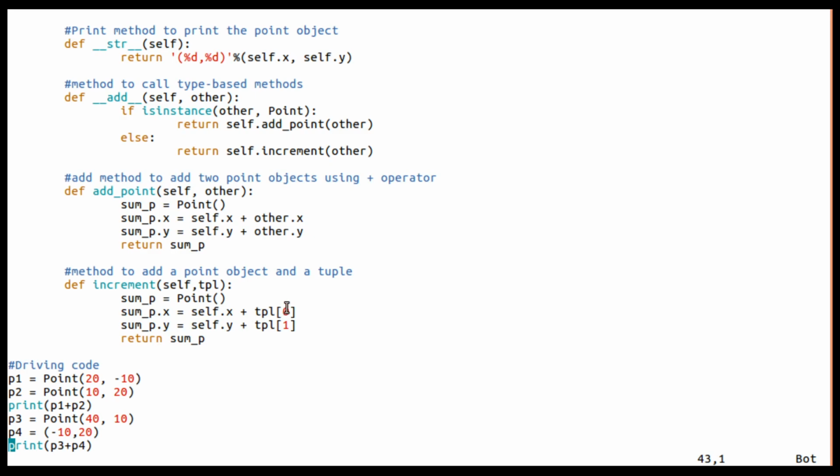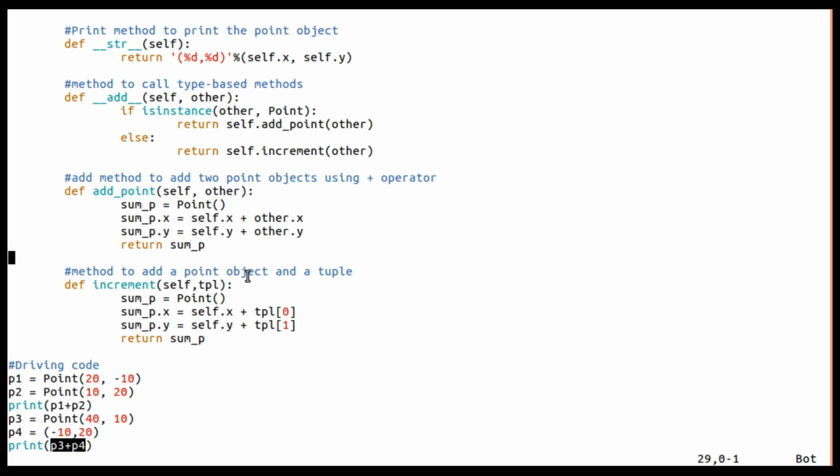With y it is tuple[1], and same as before, return p. Look at this, this is the driver code. P1 is this, P2 is this, and we can write P1 plus P2, where these two are Point objects. In this case P3 is a Point object, whereas P4 is not a Point object, it is a tuple, and we are going to write P3 plus P4.